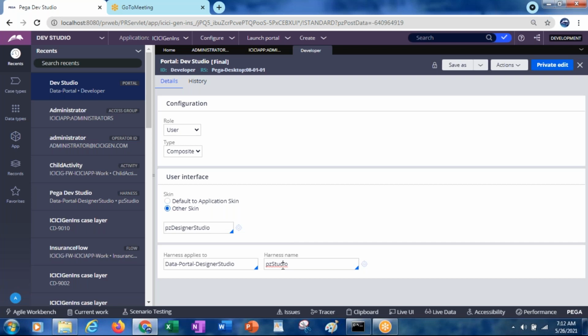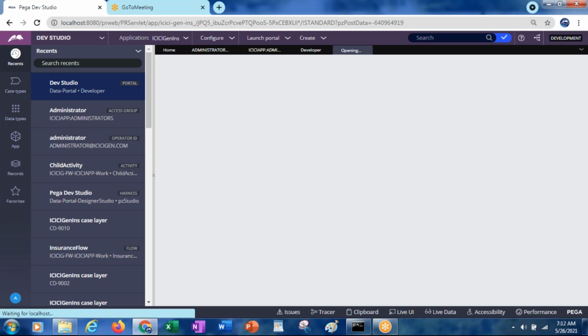In the last class we discussed the harnesses also. So where exactly can we refer to the harness? In the portals. The portal contains the harness. Through this harness only we are able to see the application, or our website, how exactly it looks.